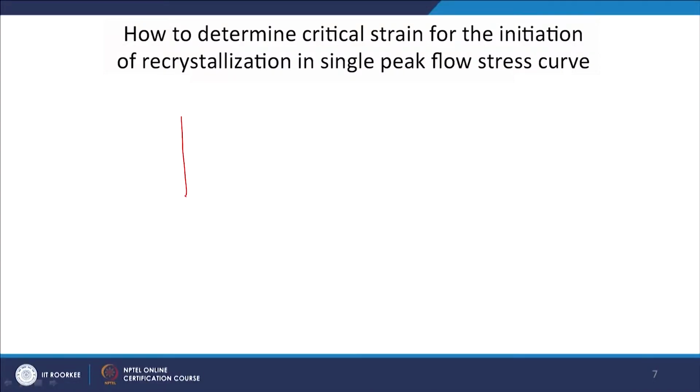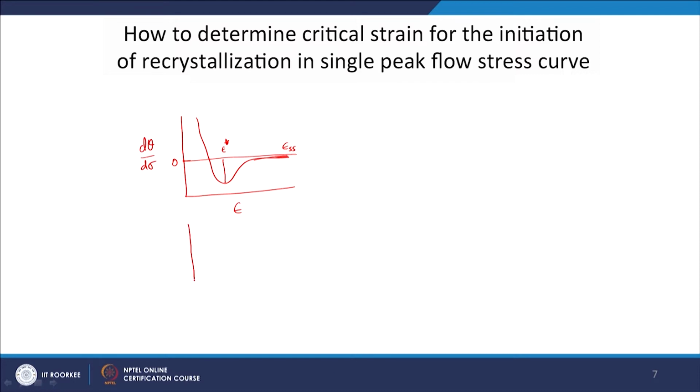Now, the same thing we can do for strain also. Some interesting curves are there for strain. If I plot the same d theta by d sigma, but now as a function of strain, I will see a curve like this, where this is very close to 0. And this is some strain star, and this is the steady state strain.